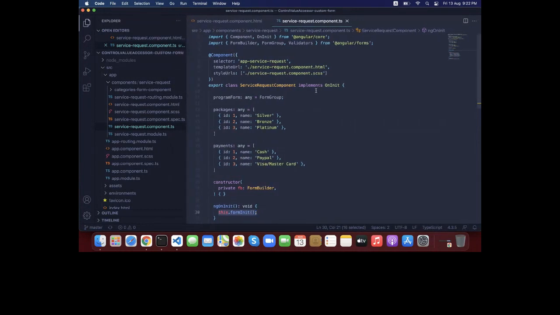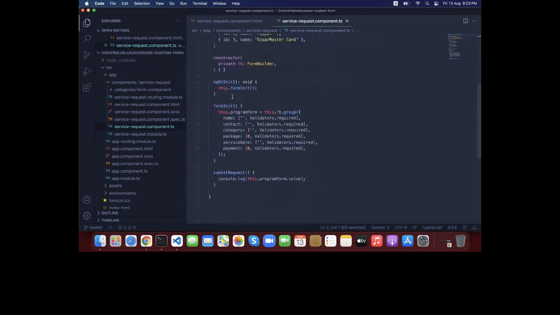Okay, so let me revise it again. On line number 2, I'm exploring this service request component. Inside this module, we have the service request component. This is only a single component which is using the Angular forms module. Here on the second line, I have imported it, and the next step we have to do is